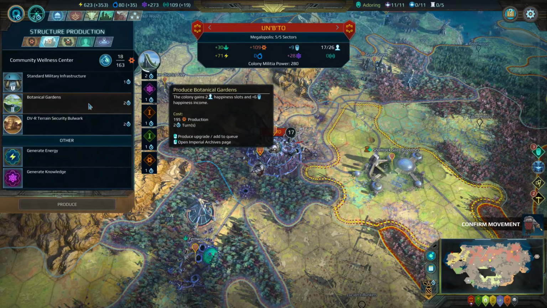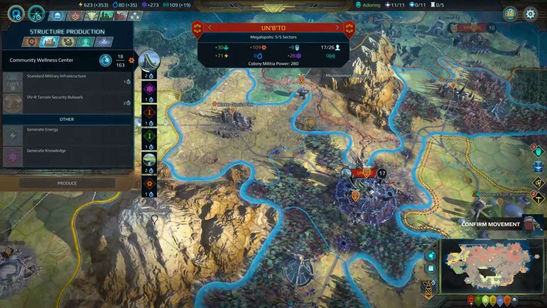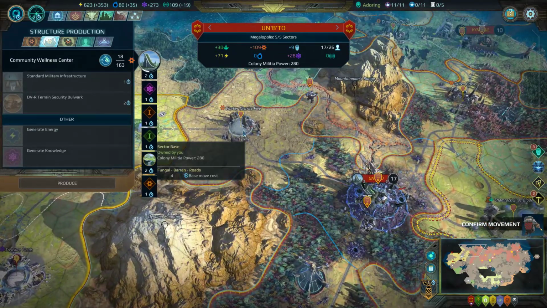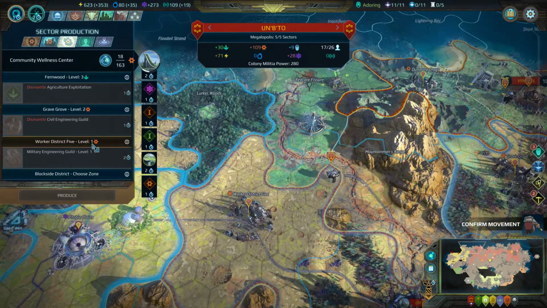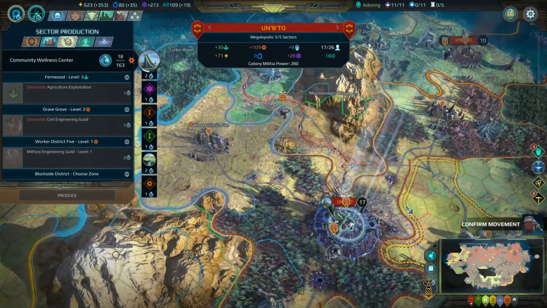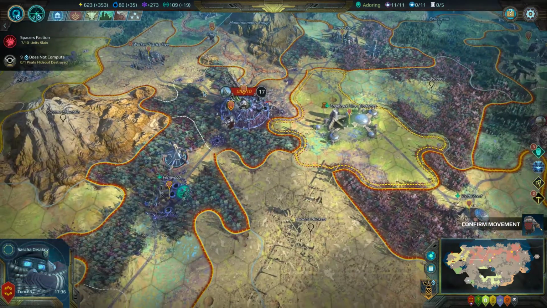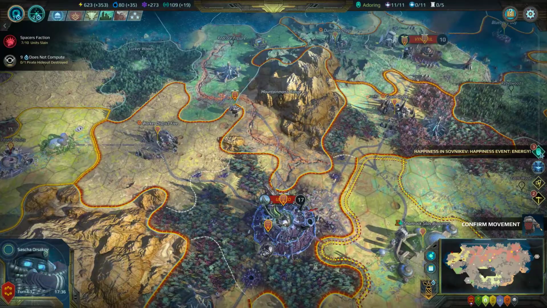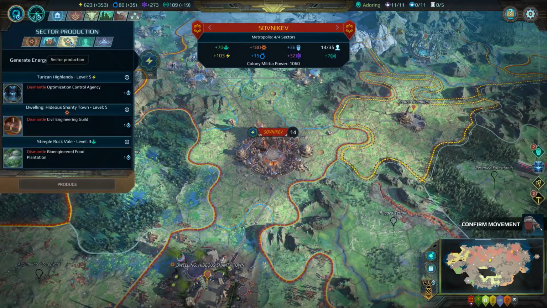Okay. Let's utilize that tiny bit of industry from the worker district 5 to my advantage. It's not much, but it's always something, and when I'm finally done with that one, I will remove it. Happiness event in colony. Now Sascha,